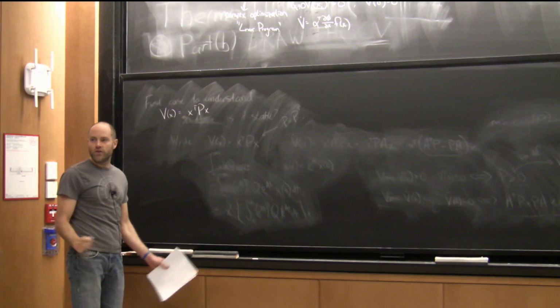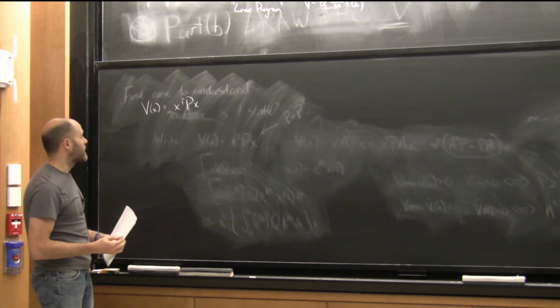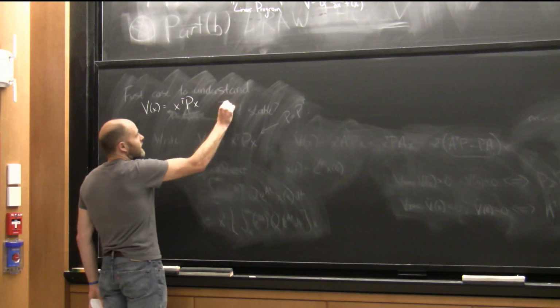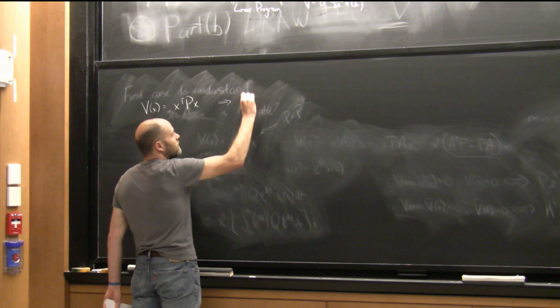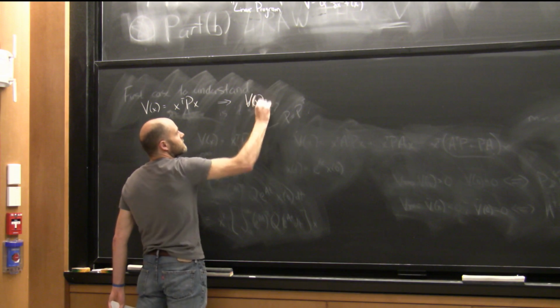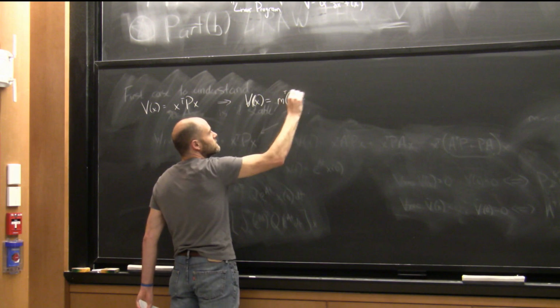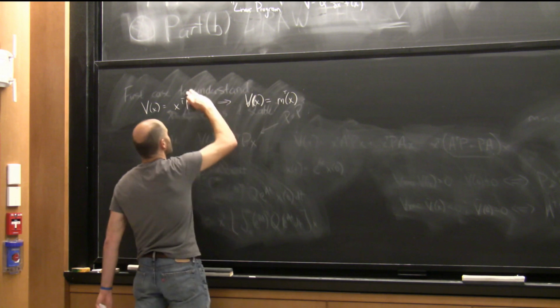What if I were to generalize this to richer V's, because I'm going to have to deal with richer dynamics? What if I now try to do V of x is some basis functions, I'll call them m here, times,